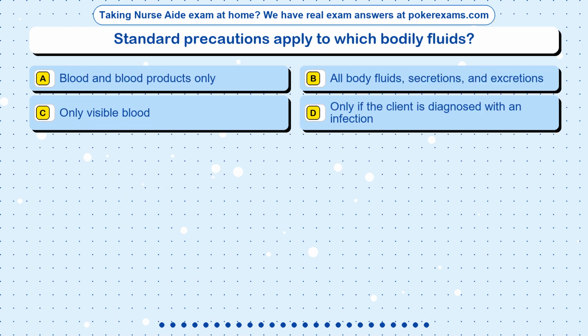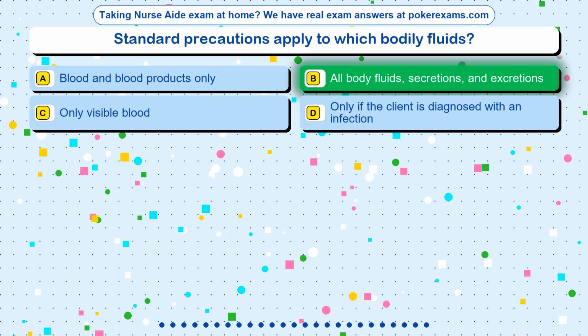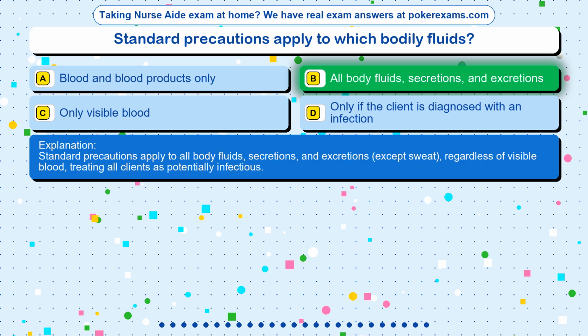Question 19. Standard precautions apply to which bodily fluids? Option A, blood and blood products only. Option B, all body fluids, secretions, and excretions. Option C, only visible blood. Option D, only if the client is diagnosed with an infection. The correct answer is option B, all body fluids, secretions, and excretions. Standard precautions apply to all body fluids, secretions, and excretions, except sweat, regardless of visible blood, treating all clients as